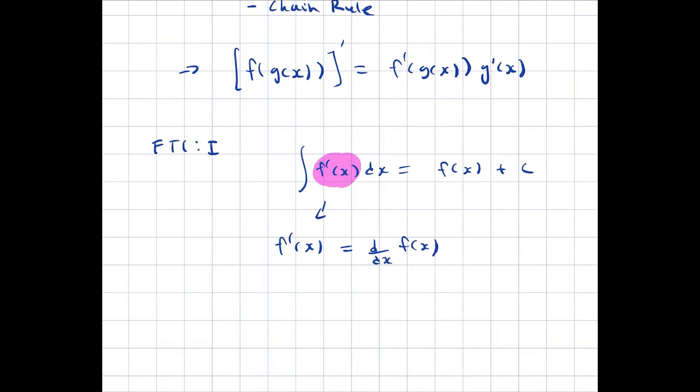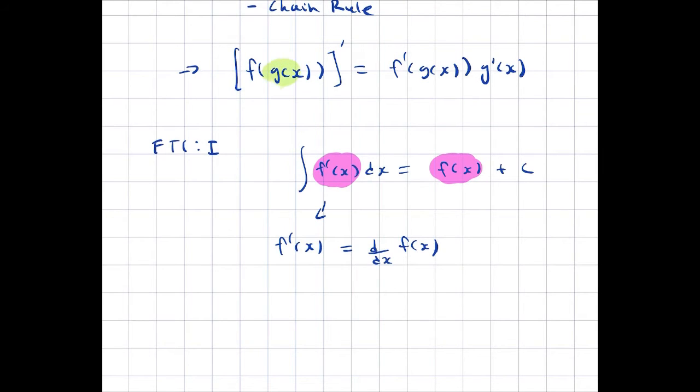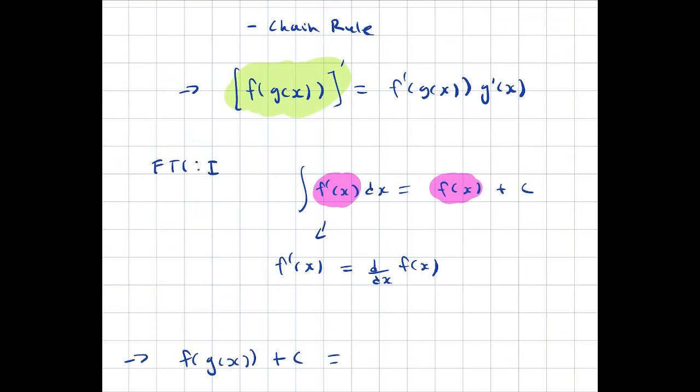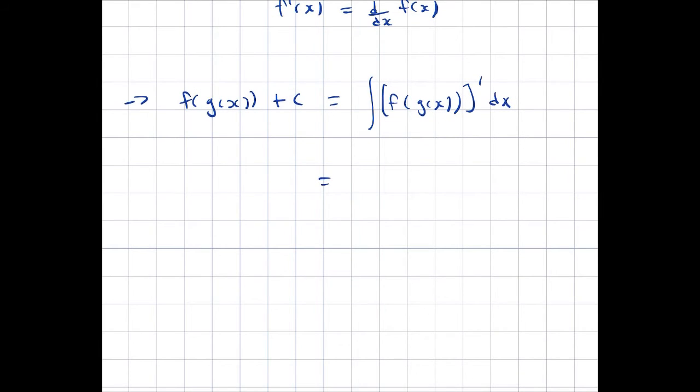Well, if we see that taking the integral of a derivative gives us the function back, well, we can think about what if we took the integral of this derivative. It's going to give us that original function back plus a constant. So we know, combining these, that f of g of x plus a constant is equal to the integral of the derivative of f of g of x, with the dx there. And chain rule says that this derivative is f prime of g of x times g prime